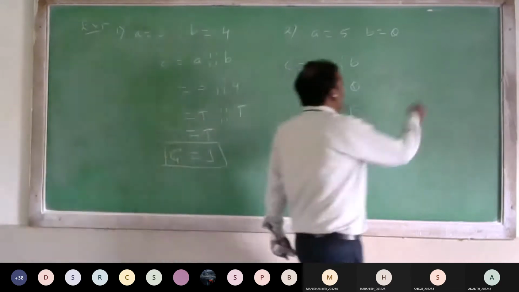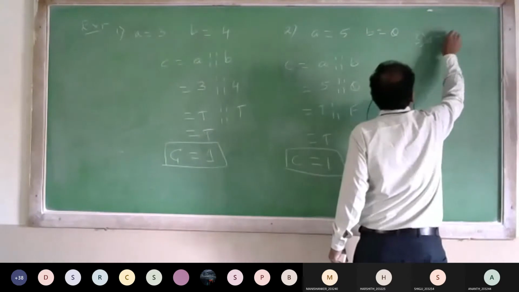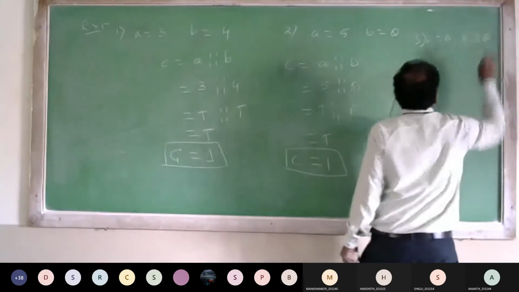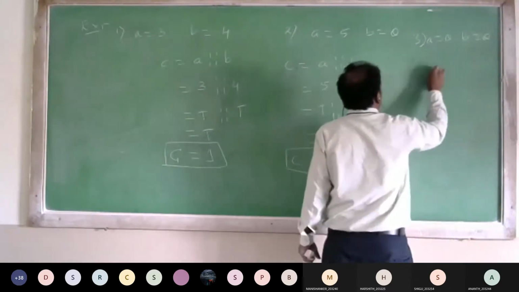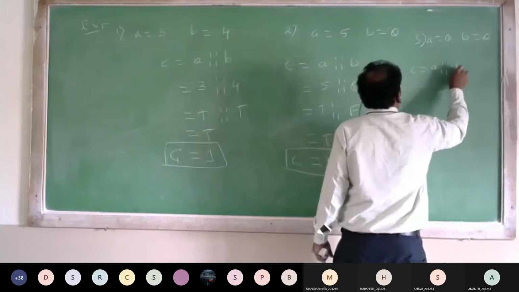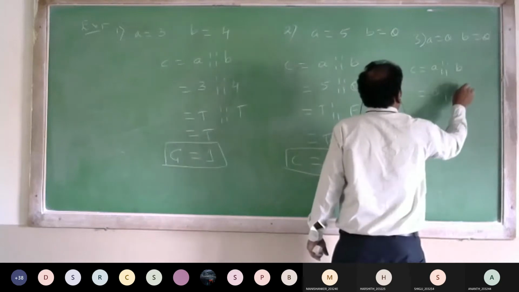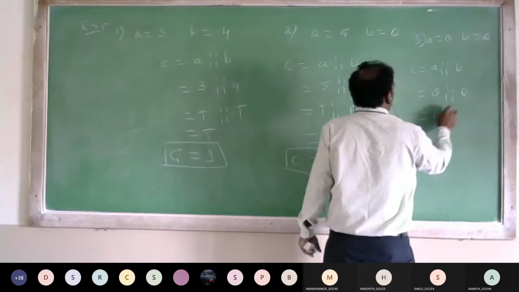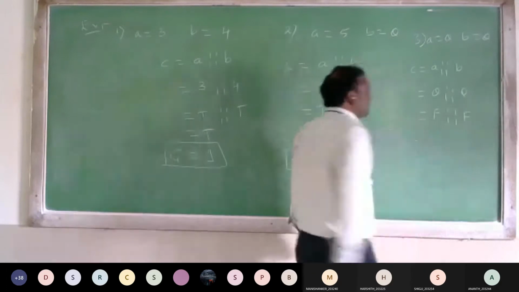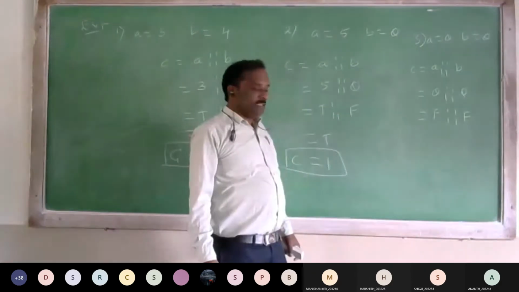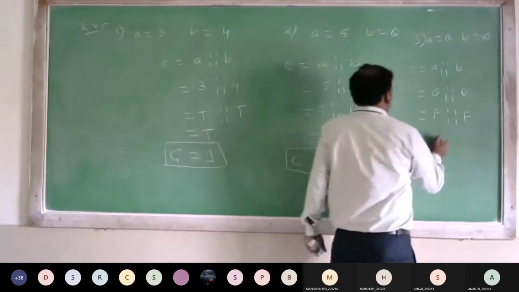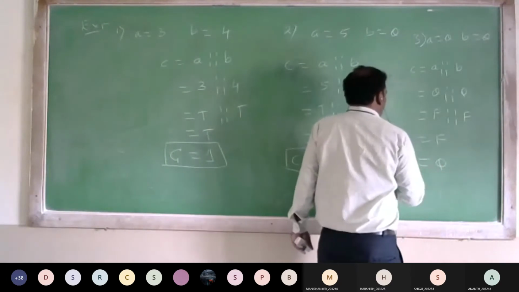We shall see the third example. A is 0 and B is 0. C is equal to A logical or B. 0 or 0. 0 means false. False or false is false. Now, what does C contain?